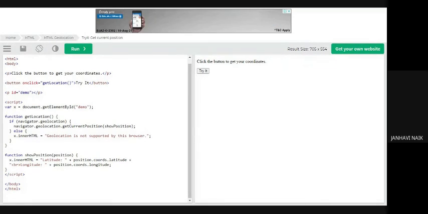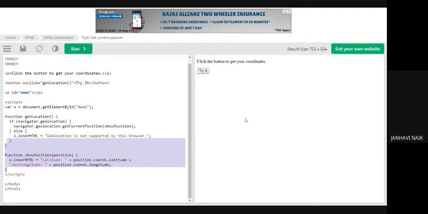When I click on this particular button, it will give you points in terms of latitude and longitude. So when I say try it, it shows the latitude and longitude of where I am sitting right now. So this type of thing can also be given by your HTML5. These are some of the features, and I'll show you one more.